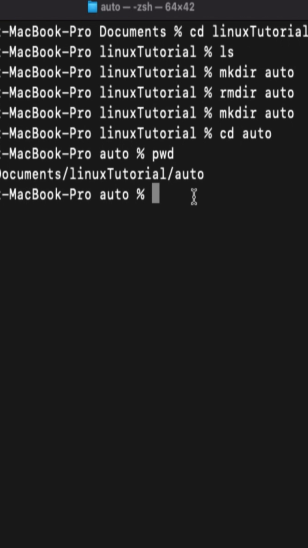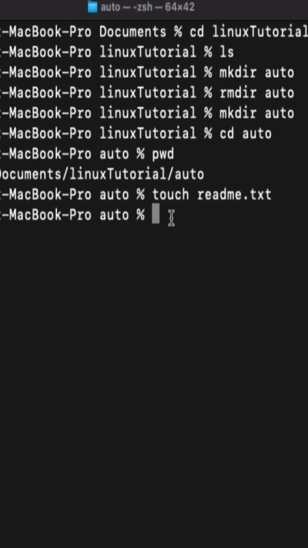The next command I'm going to use is the touch command. The touch command is used to create empty files in your current working directory. So we're going to type the keyword touch readme.txt. So when I hit enter,